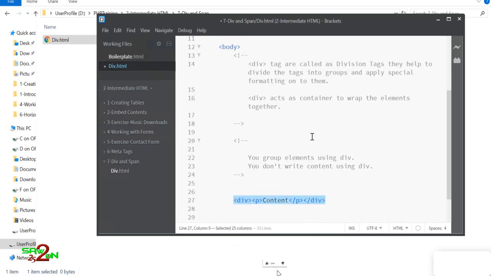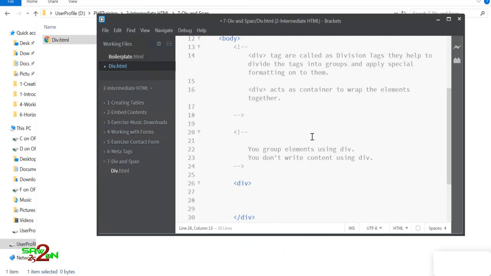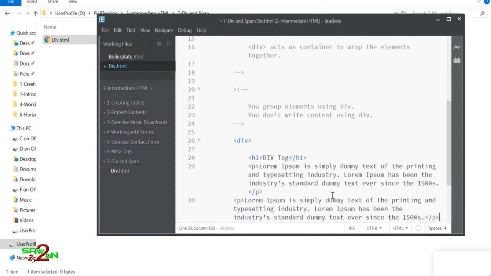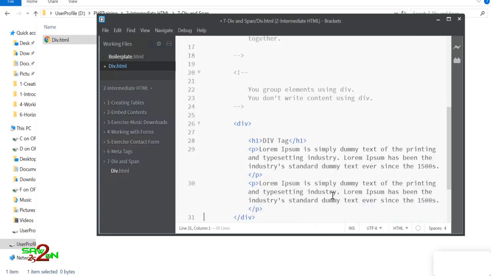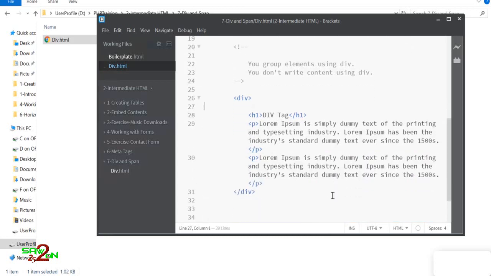You can write n number of tags inside the div tag, and that's basically the collection of elements, or you can call it a container, which will form a nice group of elements. Okay, so let's take an example. Let's create a div tag, and inside this we will create h1 tag, and then we will also create p tag, and we'll copy paste the lorem ipsum here. Let's copy and paste this, and then we paste one more here. So this is basically a container with a group of elements.